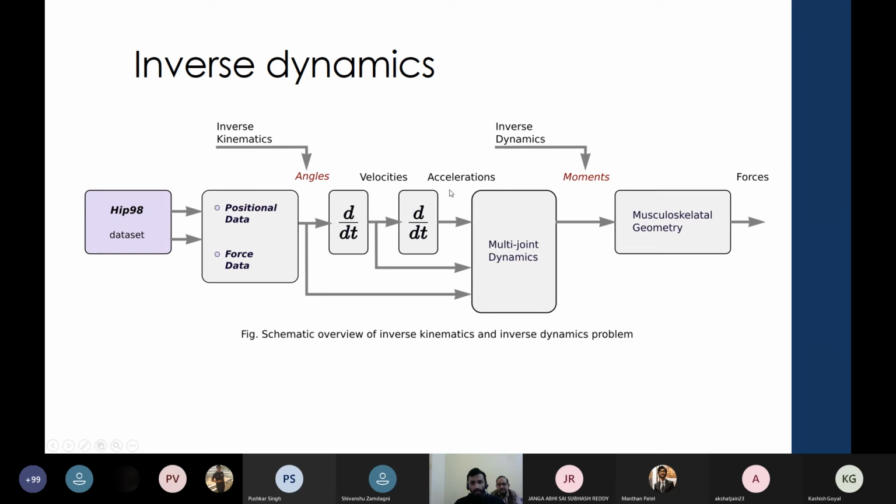Then using the equations of motion, we can find the moments and the reaction forces at the joints. Then using the musculoskeletal geometry and the static optimization methods, we can calculate the muscle forces that are responsible for that net moment and the reaction forces.